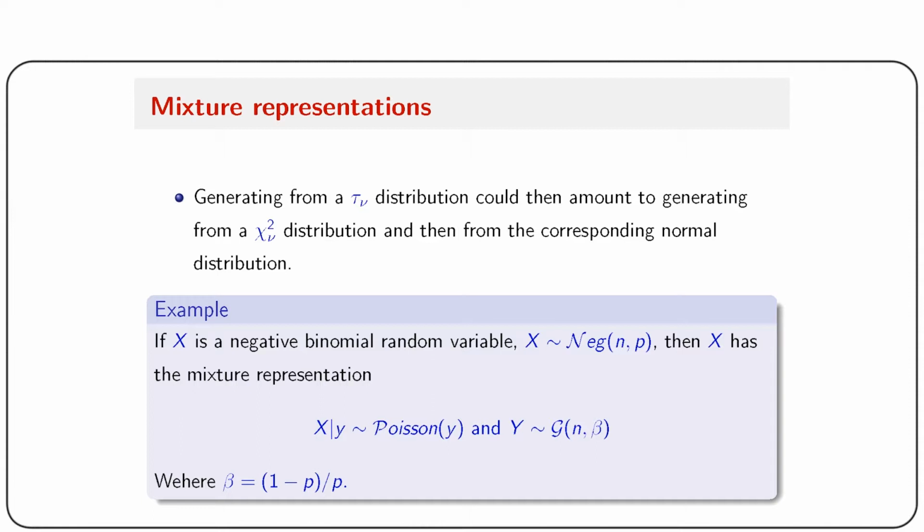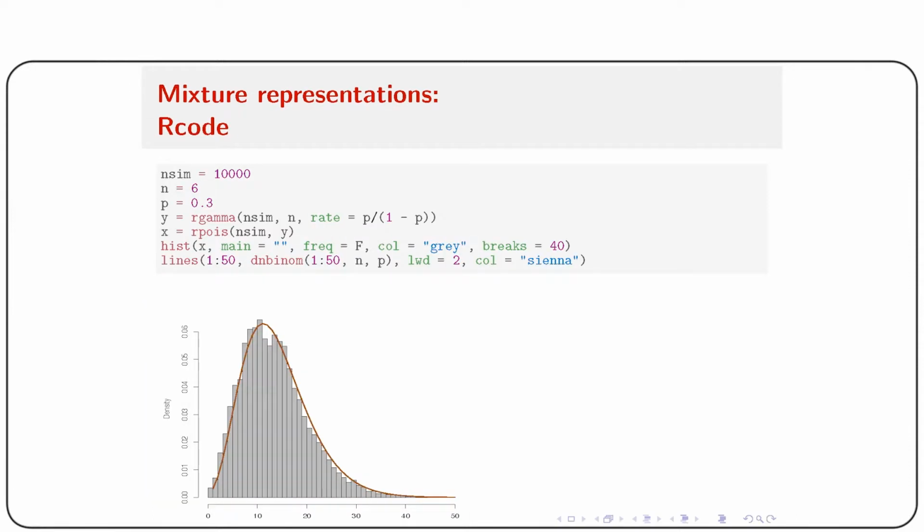say x given y follows Poisson(y), and y follows a gamma distribution with n and beta, where beta equals (1-p)/p. In R we can set nsim equal to 10,000 simulations, with n of the negative binomial being 6 and probability 0.3. First we generate y from gamma with the specified beta, so 10,000 gamma variates we can generate,